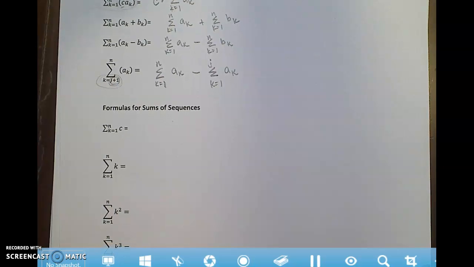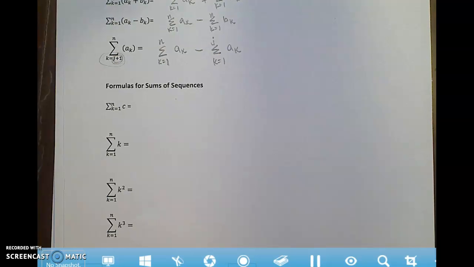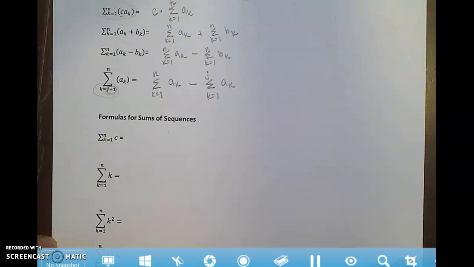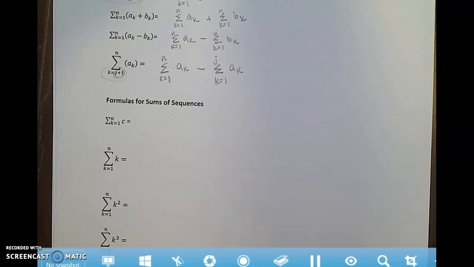Okay, let's go ahead and finish off this note sheet. So again, we were talking about formulas and properties of the summation problems. Again, it's important that you know these properties so that you can find the sum of these sequences and series. Okay, so then